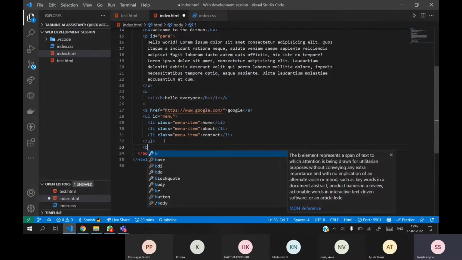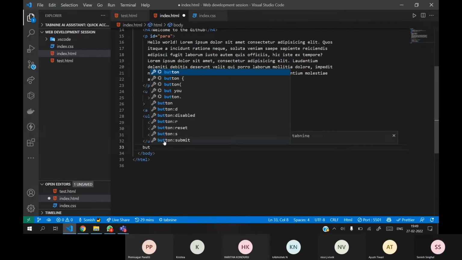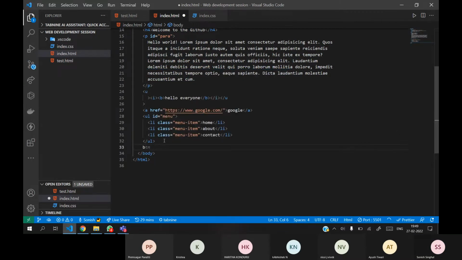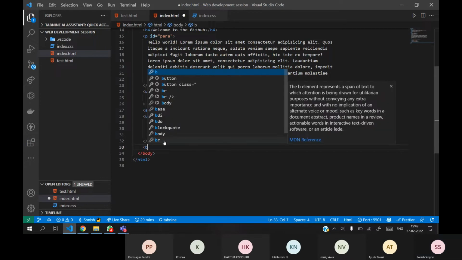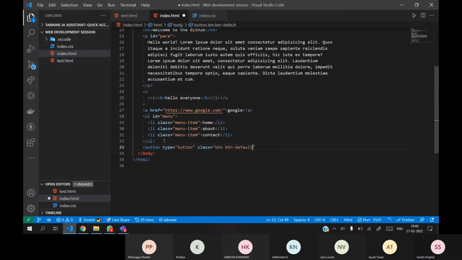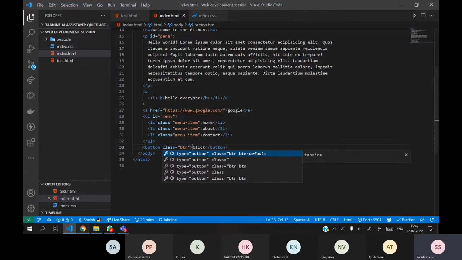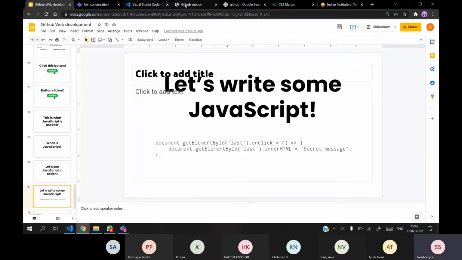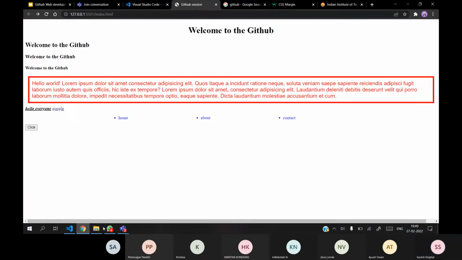For the button, we have the button tag. I will name it with the class btn. When I create the button, we are able to see the button here.